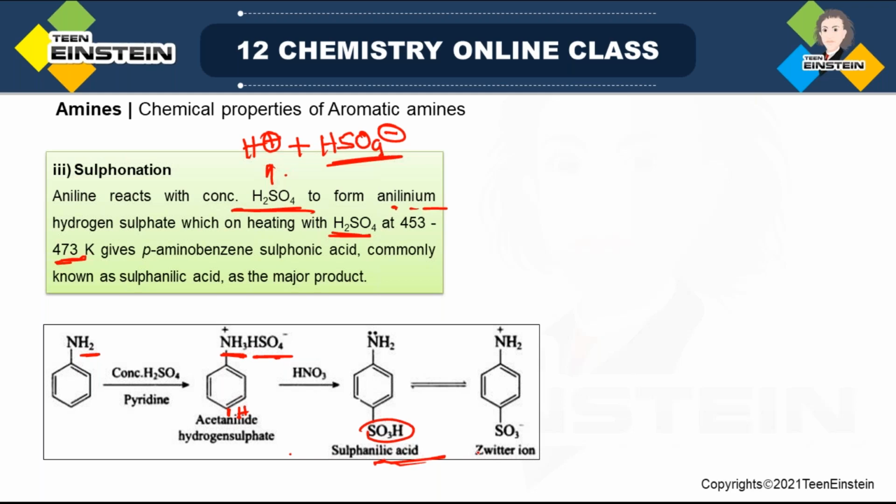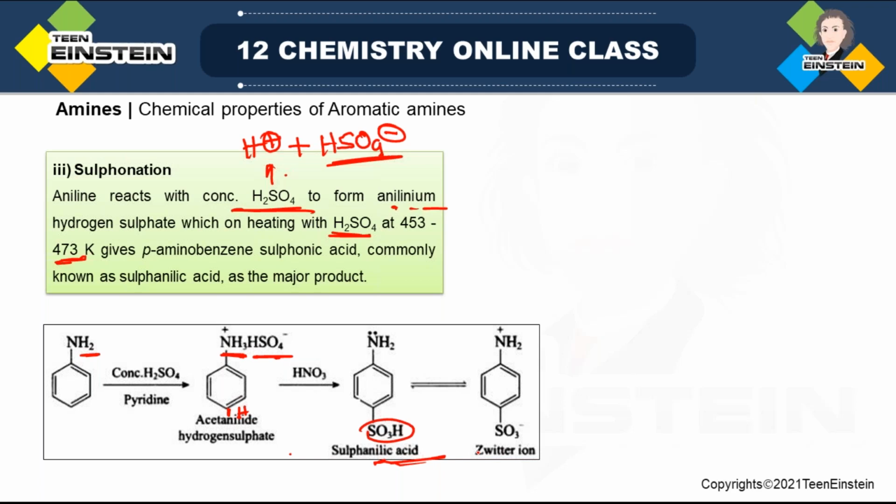And this molecule is known as sulfanilic acid because this is also acid. It is not that only when CO2H group is there we call it acid, but when SO3H group is present, you can call it acid. And this molecule is known as sulfanilic acid. So sometimes remembering these names is important because if you are getting any problem where sulfanilic acid is mentioned, and it is not mentioned as 4-amino sulfonic acid, suppose it is simply mentioned sulfanilic acid, you have to understand what is the structure of sulfanilic acid. So it is NH2 group at 1 and 4 position